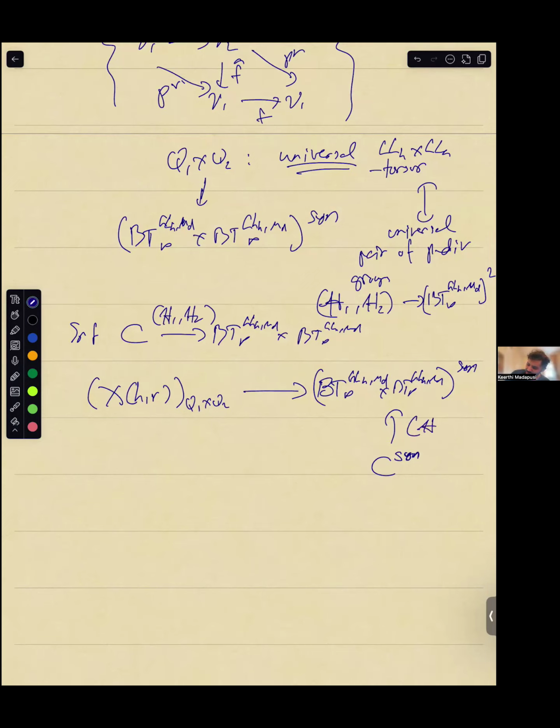So this is given by H1, H2, and then kind of symplectification of that. Then giving a section lifting this map